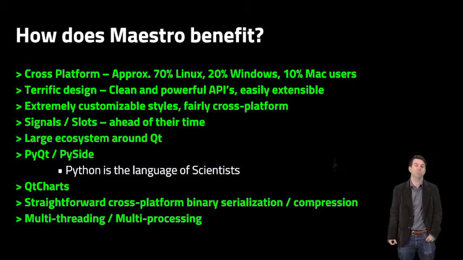The terrific API design of Qt can't be understated either. It's extremely extensible. It allows us to build exactly what we need to get the job done, and it doesn't limit us even though we're going across platforms. It's extremely customizable in terms of styles, which are mostly cross-platform. It's about as good as you can do. Obviously, there's going to be the occasional customization you have to do for a specific platform, but really we're able to get it looking pretty much the same across all three platforms with relatively little work.